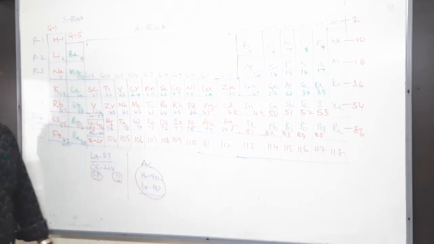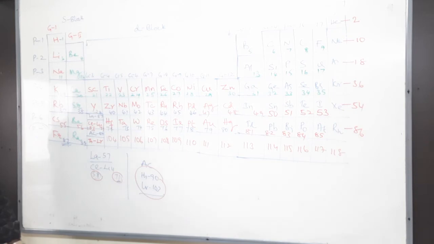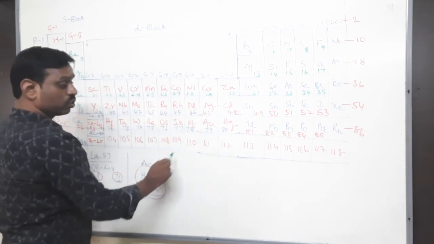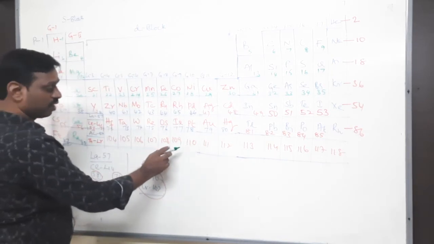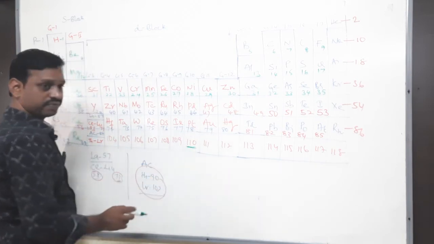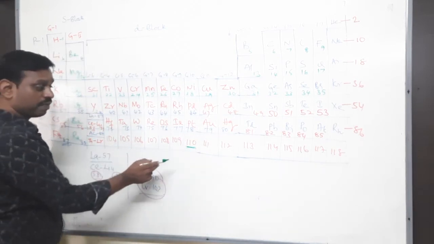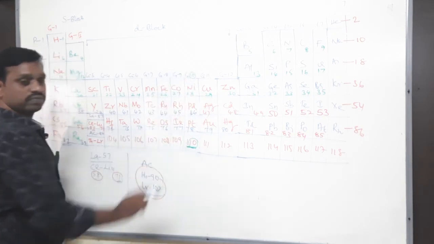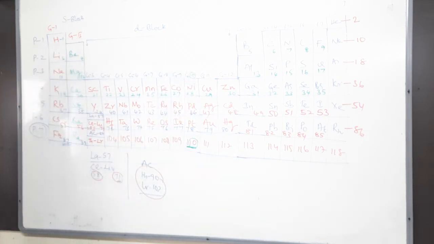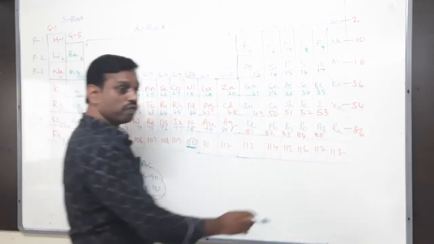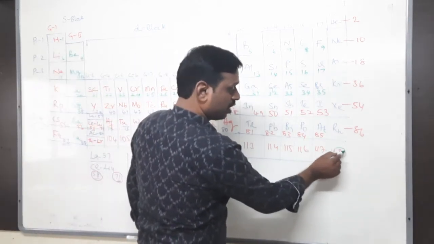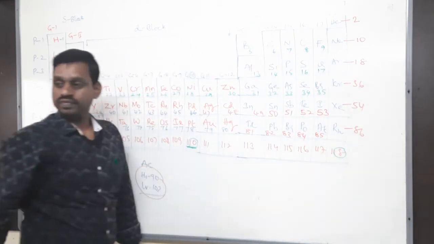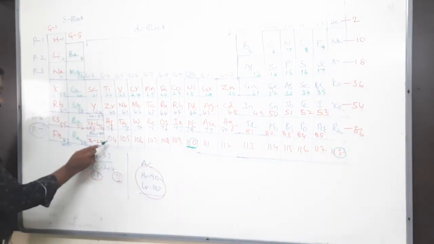But important is which group? Last digit. Yes. So the period number can be identified by the group number, the last 2 digits. For example, you see atomic number 110. If atomic number is 110, you see the last 2 digits, 10, 10th group. Atomic number 118, 18th group. Atomic number 104.